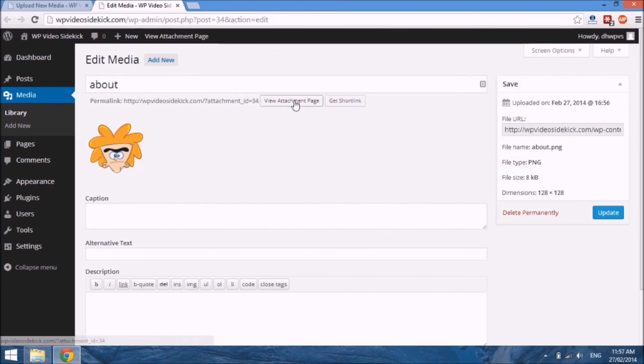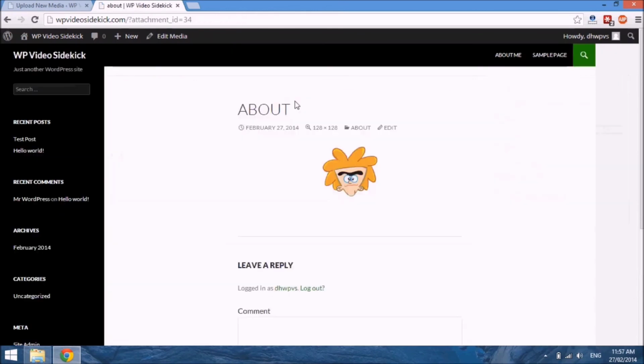One of the things that happens when you upload the media to your media library is that an attachment page will be created. So if you click View Attachment Page, then there's a standalone page on WordPress that has your media. And in this case, it's an image, so it's being displayed. But for some of your media, such as a Word document, you just see a link, and if you select that link, you'll be able to download it. Go back